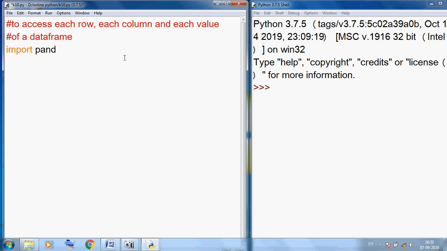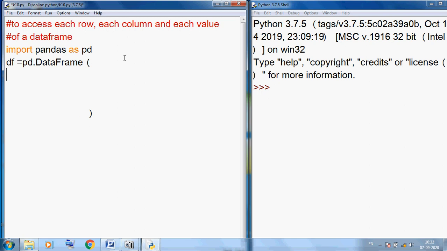import pandas as pd. Okay, so first we create heterogeneous data, meaning simply we create a table. So you can see here I am using df is equal to pd dot DataFrame. Here D and F are always capital. Here I am using small brackets. Okay, here I am creating a layout so we can easily understand.